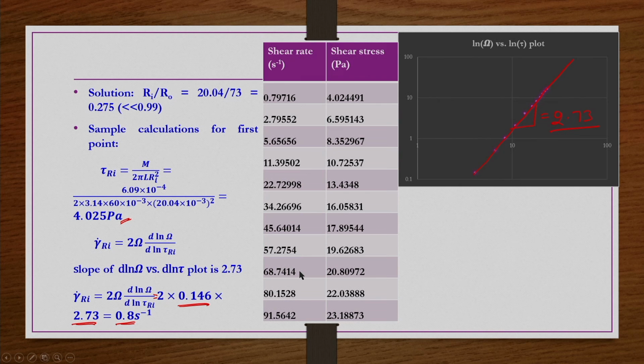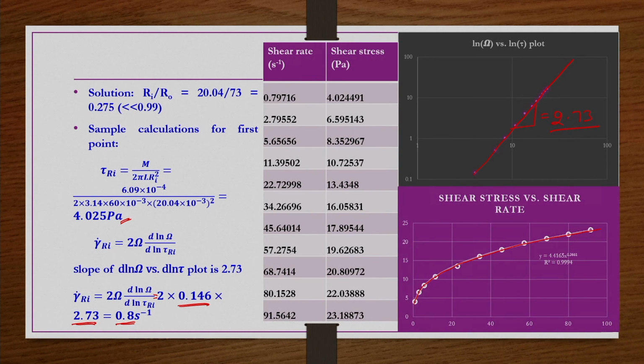That information is provided here in tabular format. Now, when you plot it, you can realize that this material is slightly viscoplastic, because the tau naught is there, but it is a very small value, approximately 3 or 4 pascals. And this n value is coming out to be 0.3661. So, it is a Herschel-Bulkley fluid with a mild yield stress value.